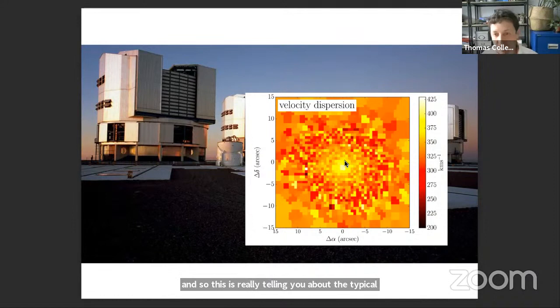But that's enough to teach you about the mass of the lens in the same way as you can think about if you have a ball on a string and you twirl it around. The faster you twirl that, the harder you need to pull on the string. You need more centrifugal force to keep that ball on its orbit around you. And similarly, you need more mass to pull the stars in to let them move more quickly.